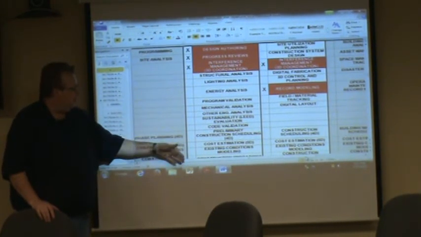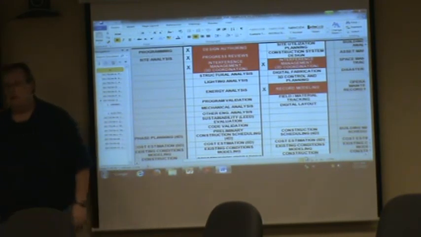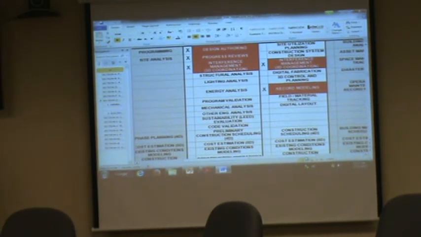And we're going to do all this stuff because we want the job, and we're telling you we're better than anybody else, so we're going to use BIM for these things. When you submit that, that becomes contract language. You have to do it. Now, like any other standard project, they're not going to ask you for your calcs. They ask you for the results. But they're going to want you to talk about what you do.